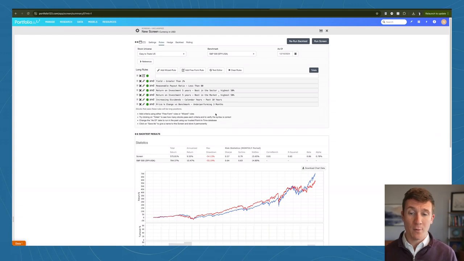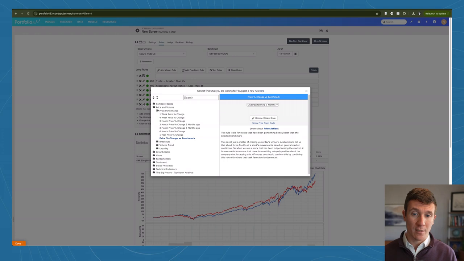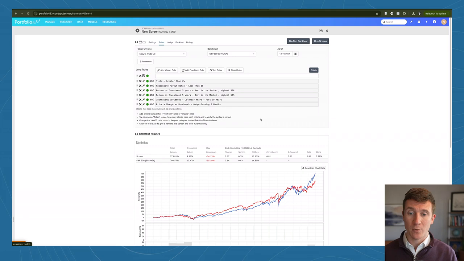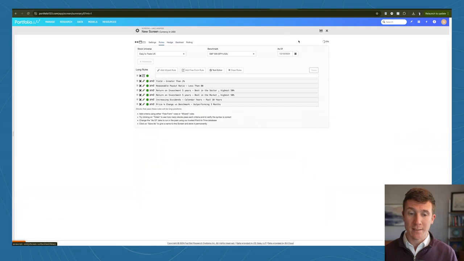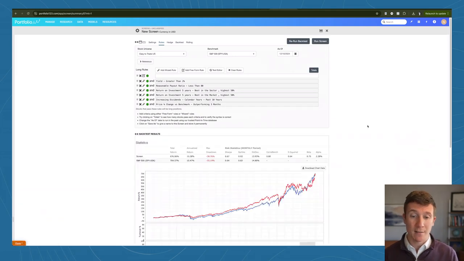So let's say we want to switch that. Maybe we want to see what's been underperforming the last 3 months. So we click on the Wizard Rule here, and instead of outperforming, we're going to do underperforming for 3 months, and then hit Update Wizard Rule. Rerun the backtest, and now we can see that that improved